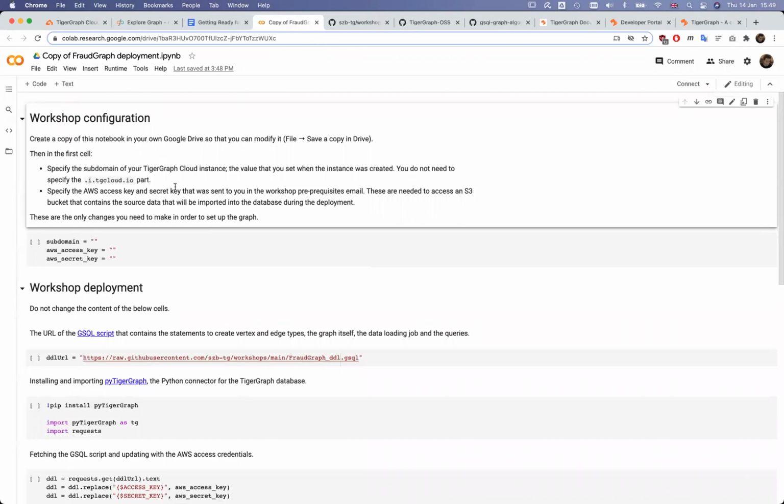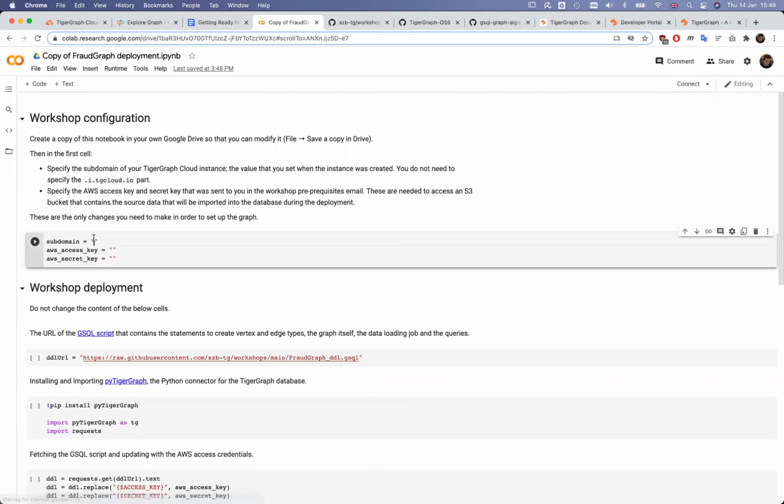So the only task that we need to do here is specify 3 things. One is the subdomain of your Tiger Cloud instance, which, if you follow the suggestions in the email, starts with FRWS, short for Fraud Workshop. My instance is called differently, but I use this instance for various workshop and development exercises.